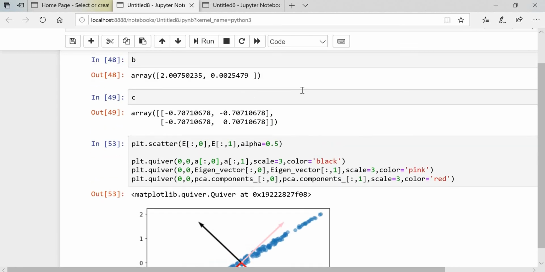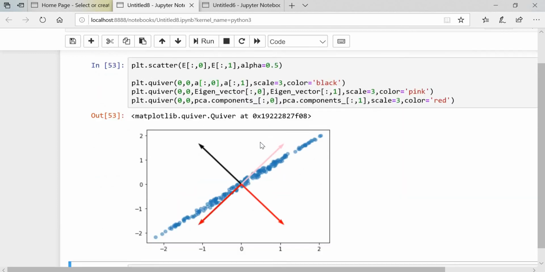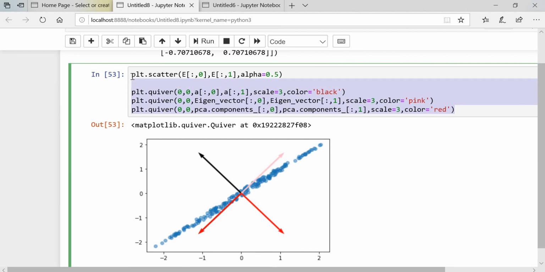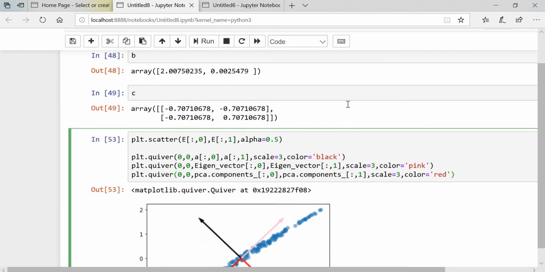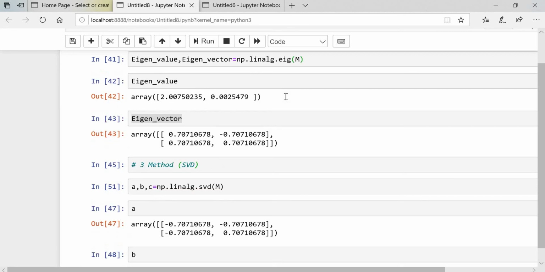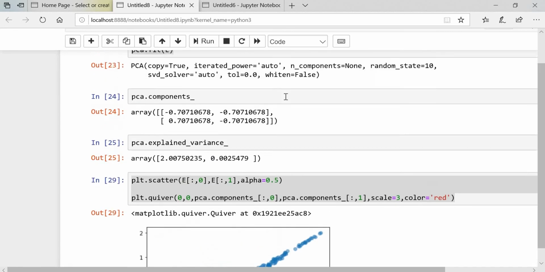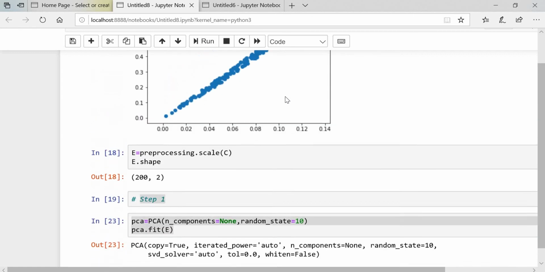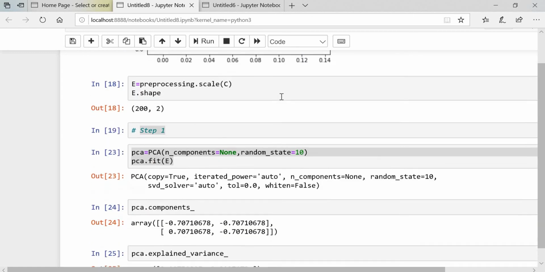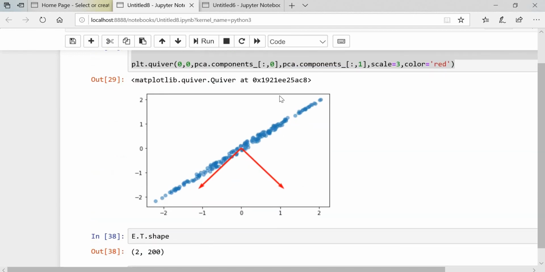Okay guys, hope this makes sense, how to plot this one. And don't worry about this plotting, we will see how to do this in the next tutorial, guys. Hope this makes sense how to use eigenvectors and eigenvalues, how we can use PCA, principal components, and the covariance matrix as well.